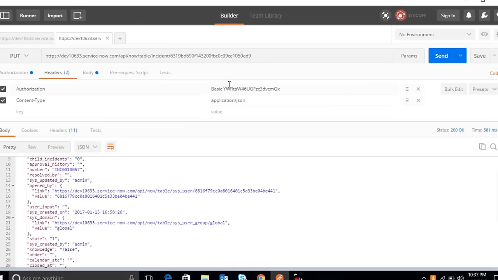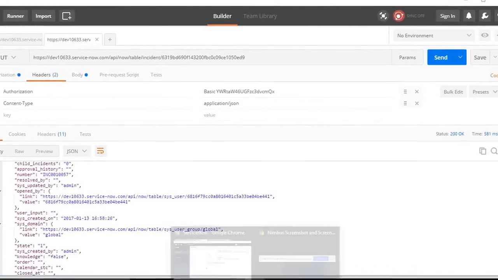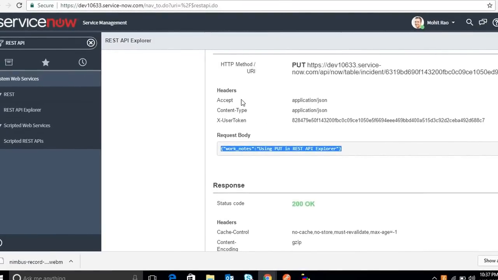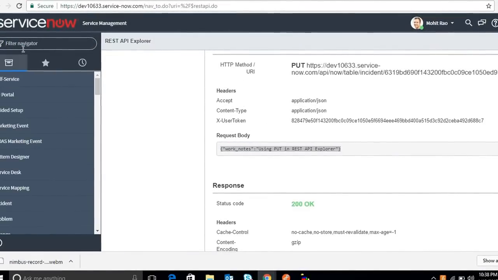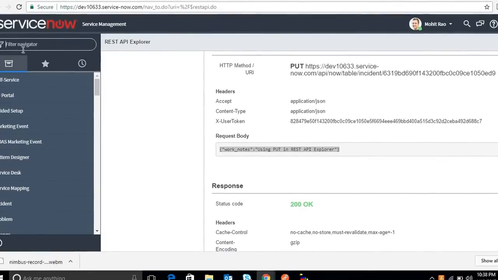So in this manner, you can create a record, in the sense, create a problem ticket, change ticket, service request, incident, query the same, get active users, logged in users, anything inside ServiceNow, without logging into ServiceNow in a graphical way. So you can use this integration with monitoring systems so that whenever a ticket comes, automatically a record is created in ServiceNow.